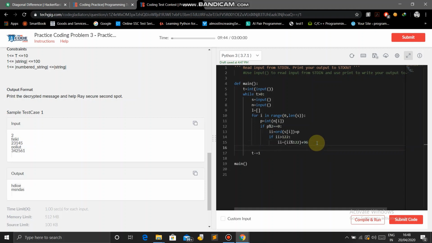So 96 here. Now we will come in else, and for else ii is equal to ORD s[i], and what we will do, इसमें जस्ट जितना नंबर होगा उतना नंबर पीछे लिखना है. तो इसमें क्या करेंगे कि बस माइनस p कर देंगे अपन. Now we will take character. So the अब ASCII वैल्यू से कैरेक्टर में चेंज करेंगे तो CHR उसके लिए फंक्शन है. तो CHR में अपन पास करेंगे जो ASCII वैल्यू आ रहा है. ASCII वैल्यू क्या आ रहा है? ii. सो ii.